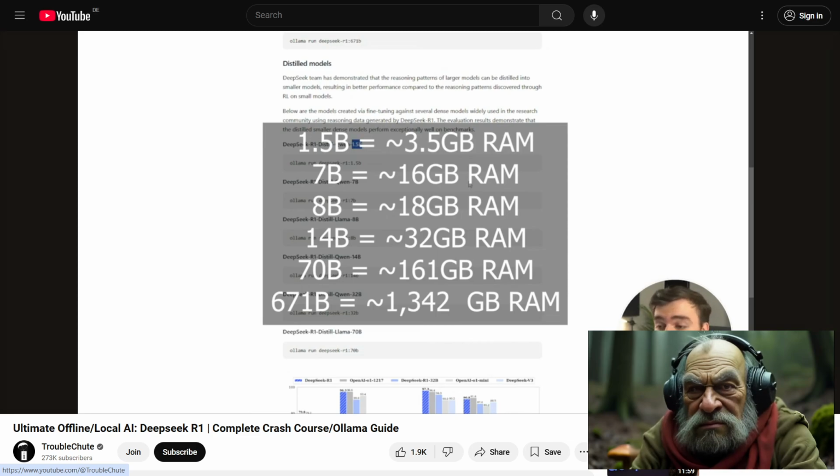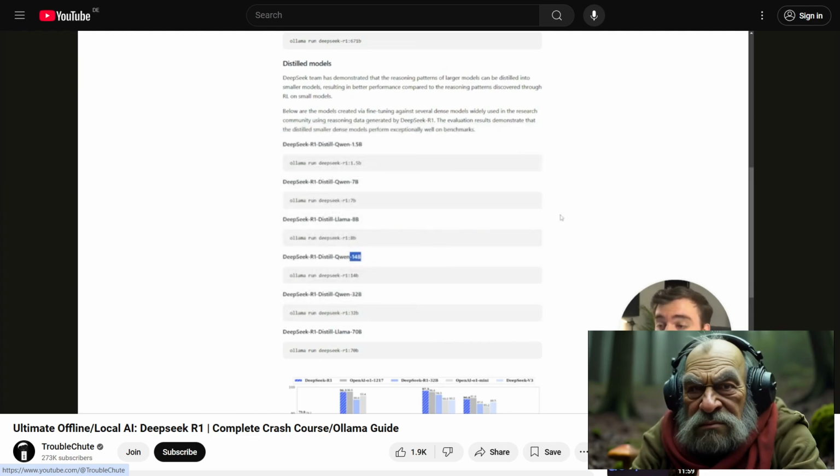If you have a graphics card with up to 16 gigs of VRAM, you should be able to run the 7B model, and you'll need 20-something gigs of VRAM to run the 14B model. The more VRAM you have in your graphics card, the faster the model should run, as the model will be loaded and split up, divided between your VRAM first, and then your RAM as a backup if you run out of VRAM. It's all very confusing if this is your first time, but I have a 3080 Ti with only